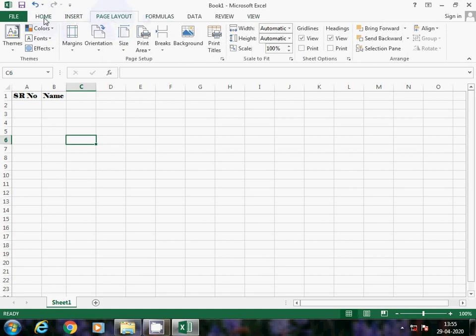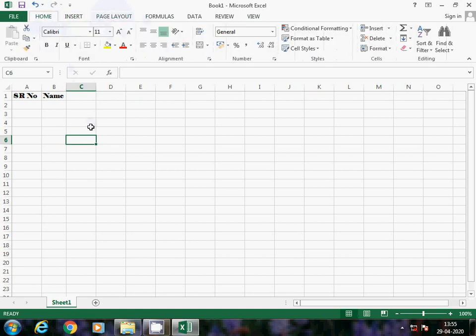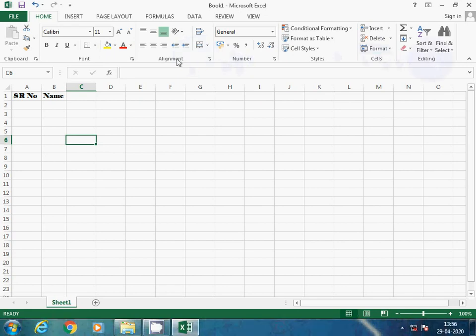Each and every tab has groups. Groups are available here on the ribbon. First group is clipboard, second group is font, third group is alignment, fourth group is number, then styles, cells, editing, like that. These all are called groups. Again I am repeating: the commands like home, insert, page layout, formulas, data, the entire part is known as ribbon.